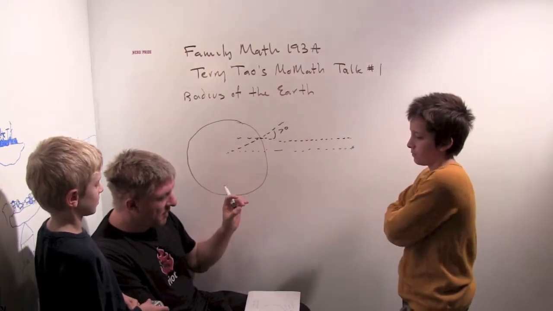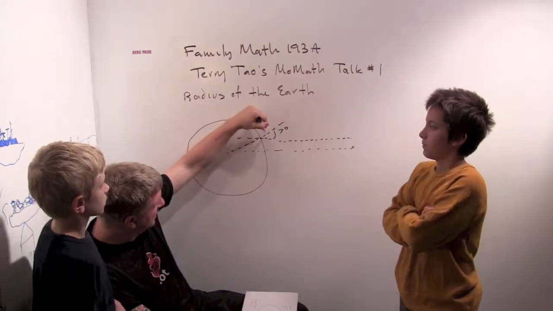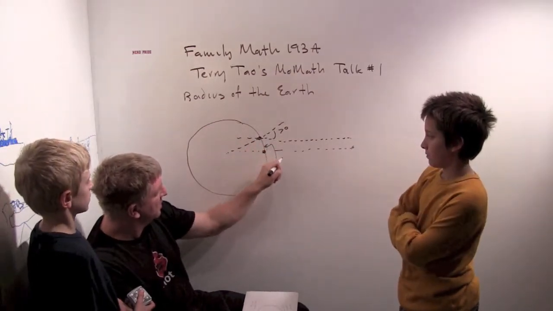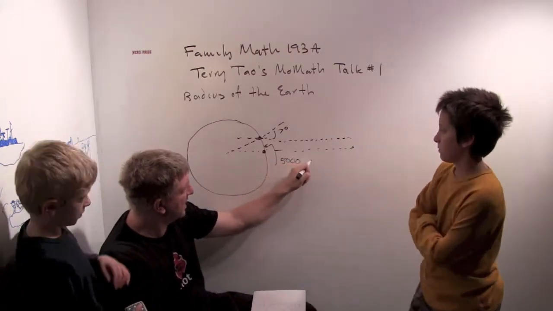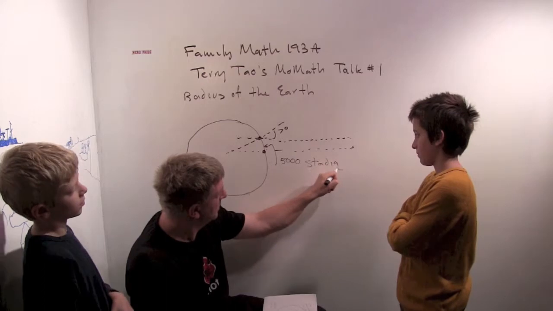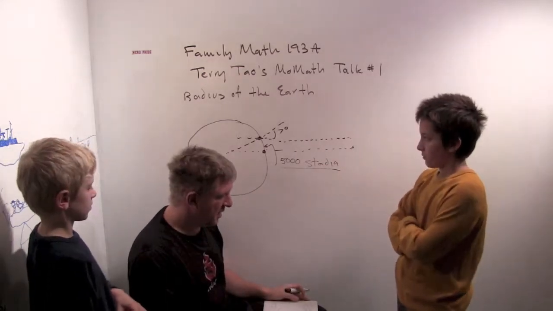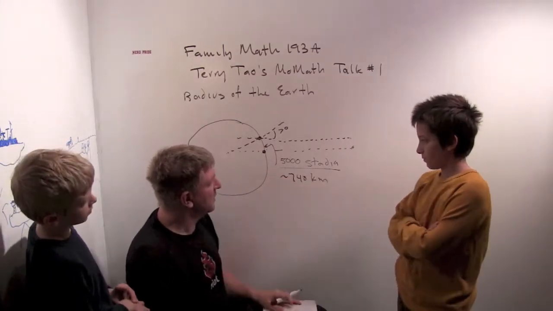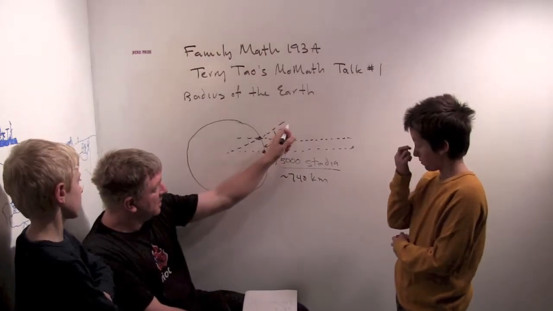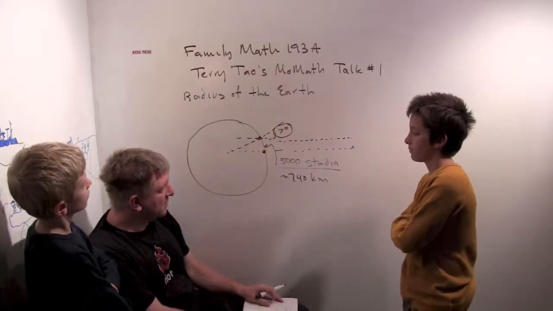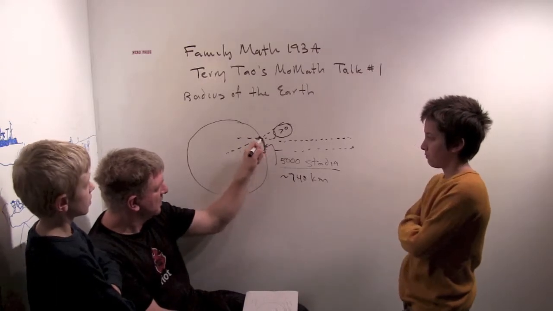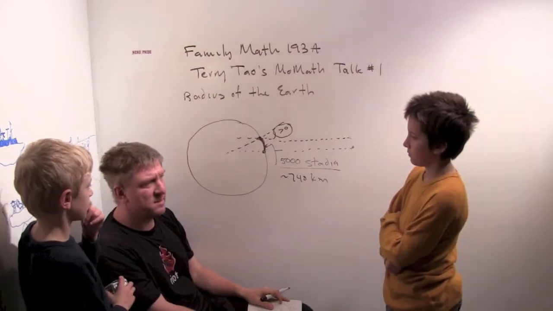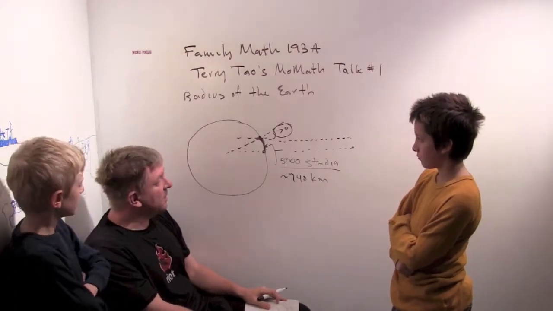So he then came to learn that where he was and this well in Syene were 5,000 stadia apart. That was the distance they used back then, which turns out to be about 740 kilometers. Now, he realized if he knew that angle, and he knew this distance, and he knew that the Earth was a circle or a sphere, because Archimedes, I think, had figured that out.